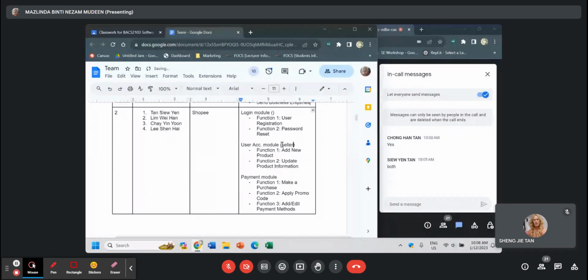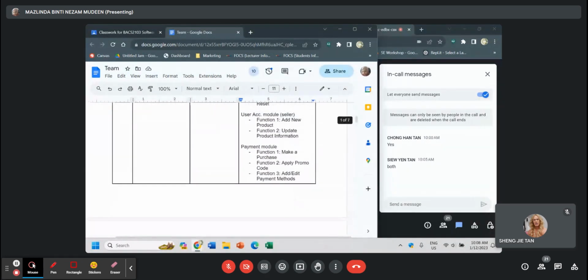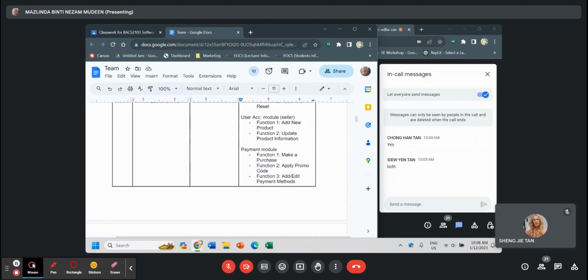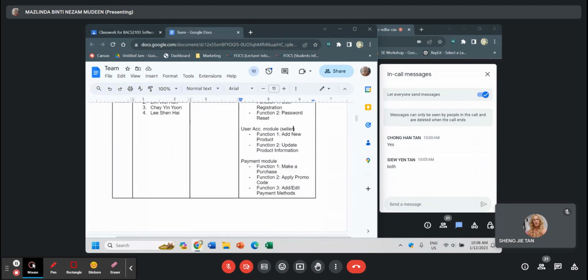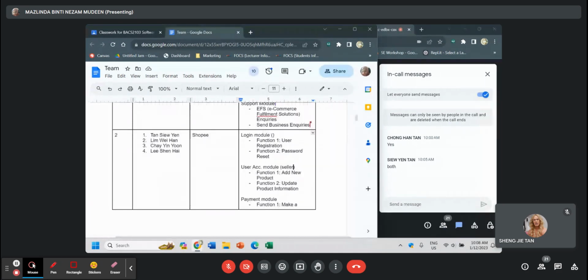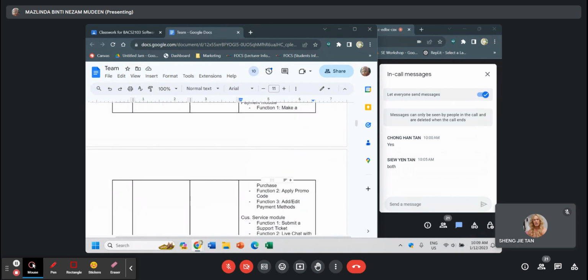So this should be seller, I believe. Okay, to make a purchase, why are we having three functions? Can you choose which function you want first? They say just list out, then filter, then we just try to make it more on the list, because we just want to concentrate on two to confirm if these two are testable or not.